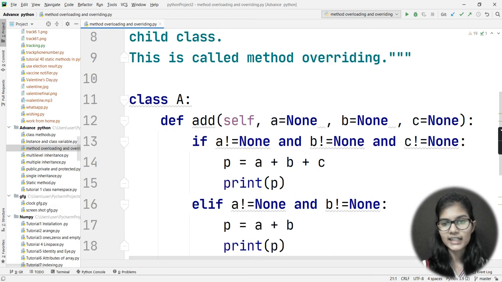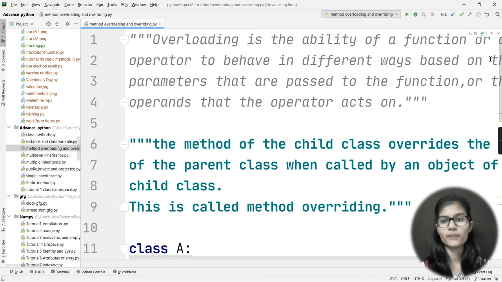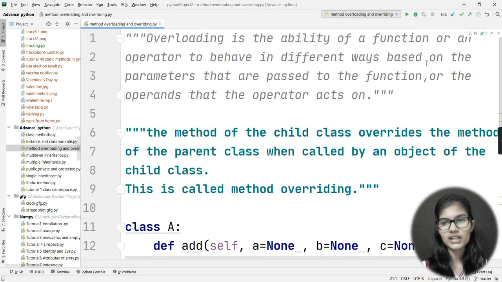Now again come back to the definition of overloading. Overloading is the ability of a function or an operator to behave in different ways. Just have a look here, the function we had used is behaving in many ways based on the parameters that are passed to the function.